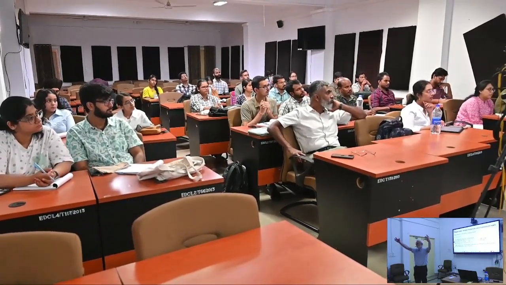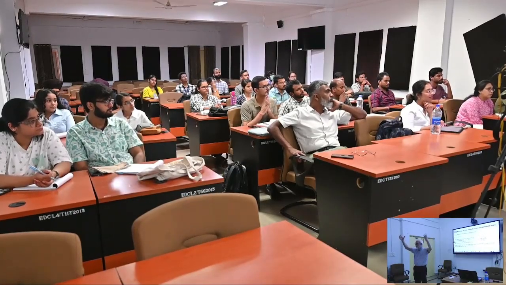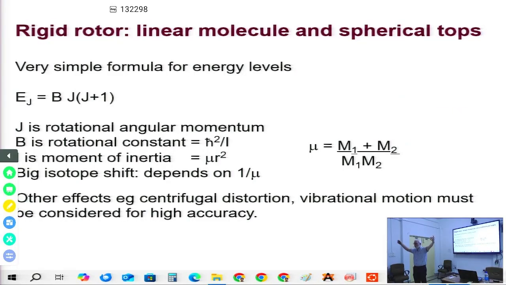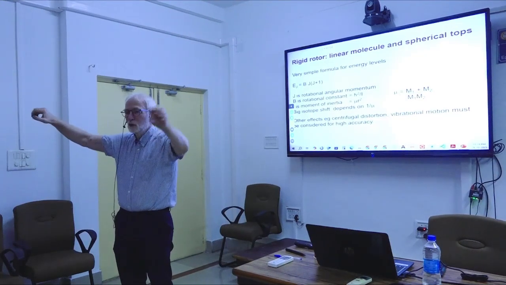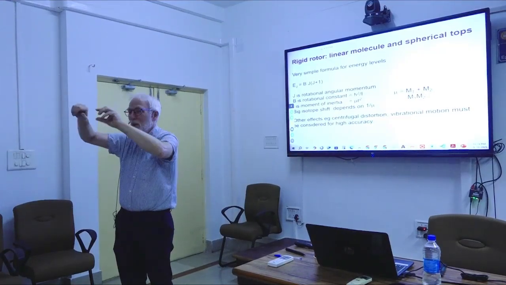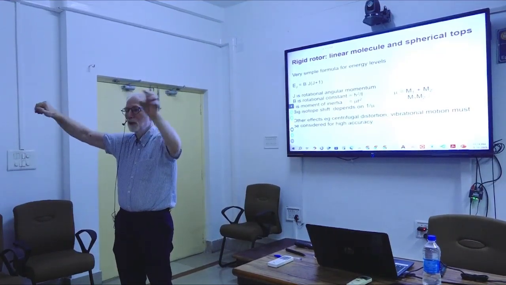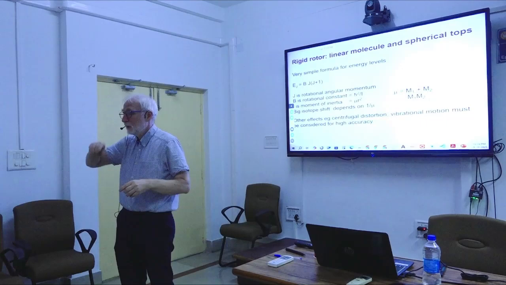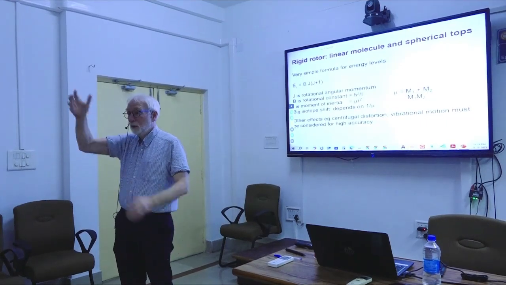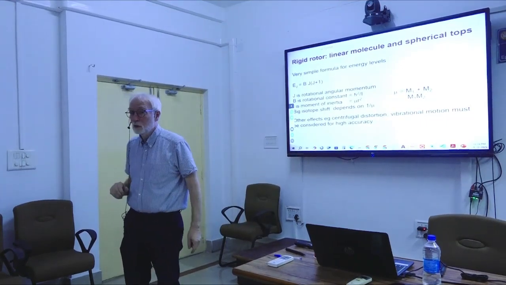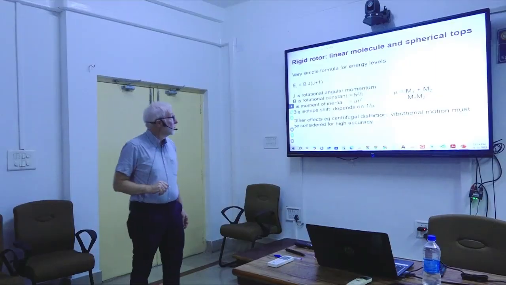The other thing is called centrifugal distortion. My way of thinking of that is if you have two balls on a spring and you wave it around your head so that the two balls rotate faster around your head, that spring will stretch because of the angular momentum. And that's exactly what happens with the molecule. When you're doing rotation and vibration spectra, you can think of the binding of the molecule as a big stiff spring holding the two atoms together. So if you wave that thing around faster and faster, you stretch more and more, and you get a centrifugal distortion effect. That depends, as I'll show you,